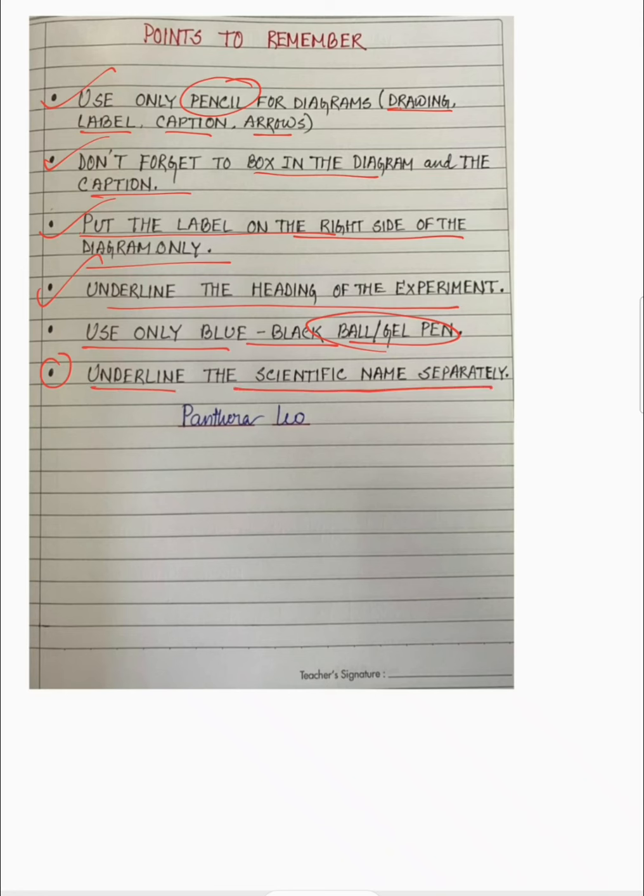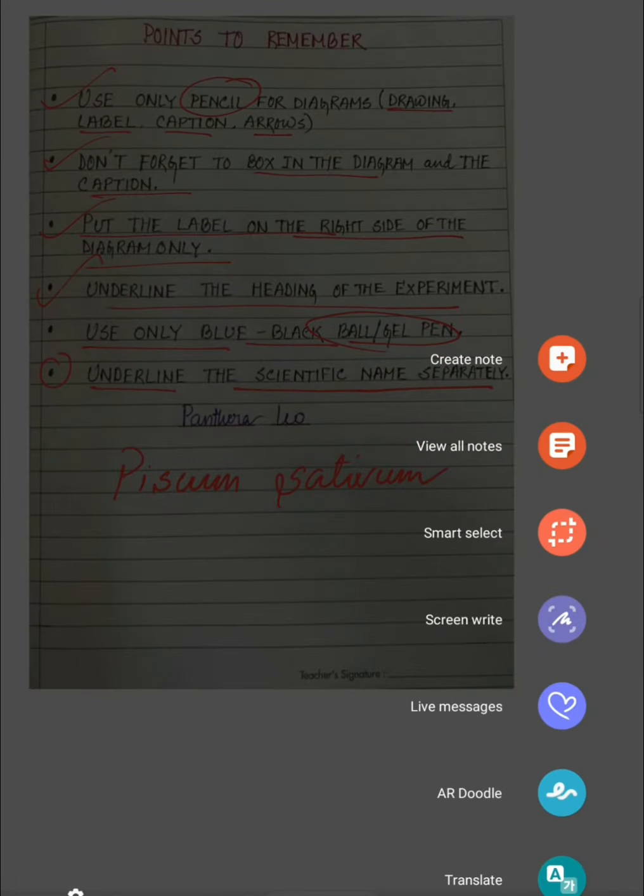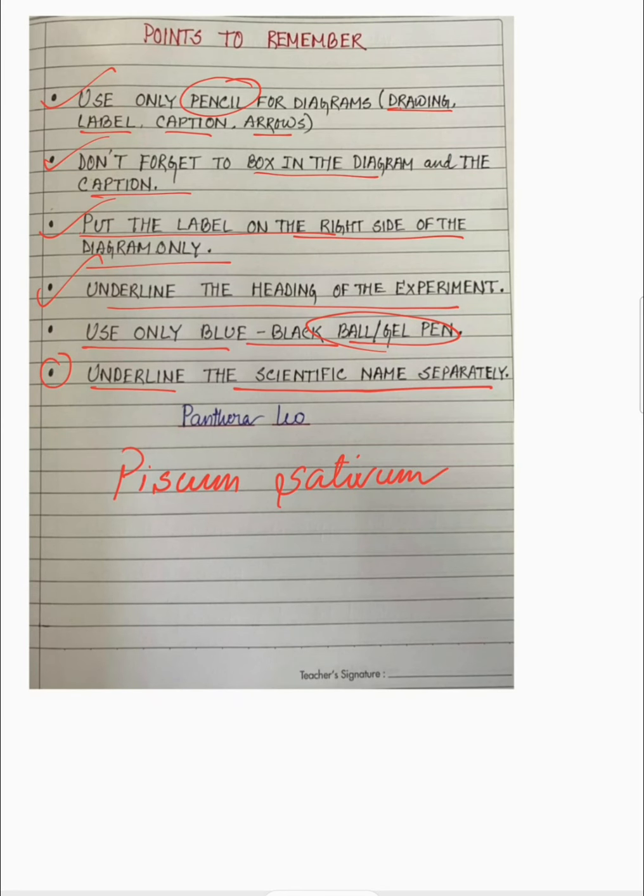Most of you may write the scientific name like, there is one pea plant, we call it Pisum sativum, right? Most of you just keep it like that, Pisum sativum. That is not done. If you are writing it in plain handwriting, then you have to underline it separately. Or if you are writing it in slanted, then there is no need to underline. This is a very key and important point to keep in mind.